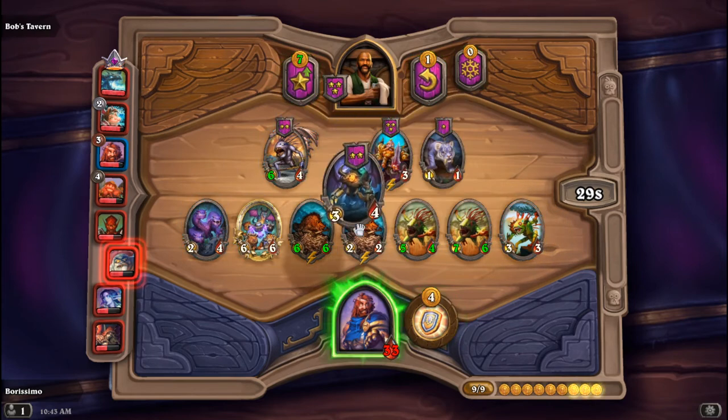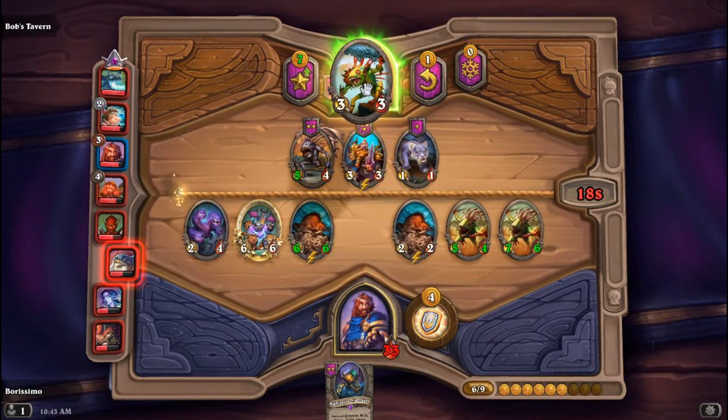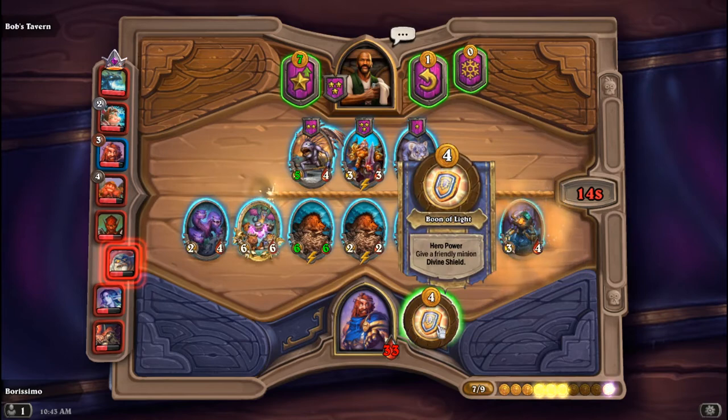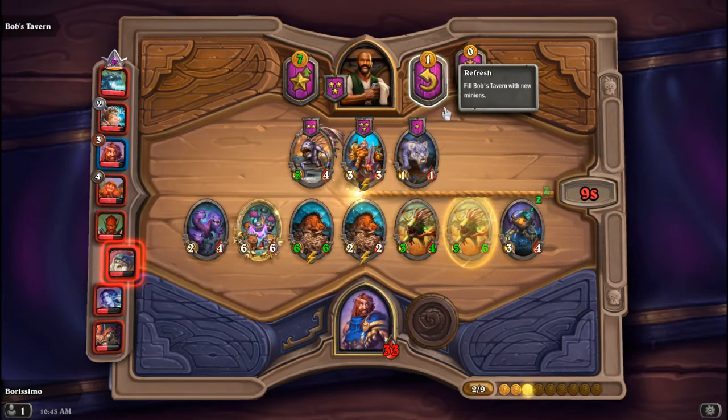Okay, we'll grab the Amalgam. What am I replacing, though, to make room for the Amalgam? That's a good question. Shoot, I don't actually know. Oh, right, let's get rid of the War Leader. I don't think I need this. That might have been a bit of a greedy move. It's possible that the correct thing to do would have been...